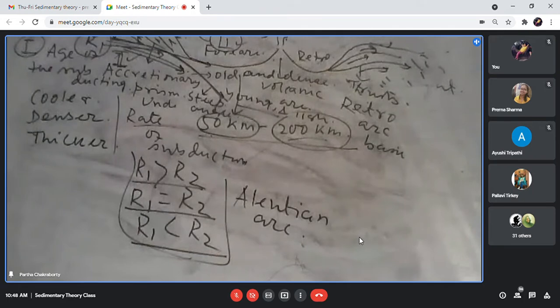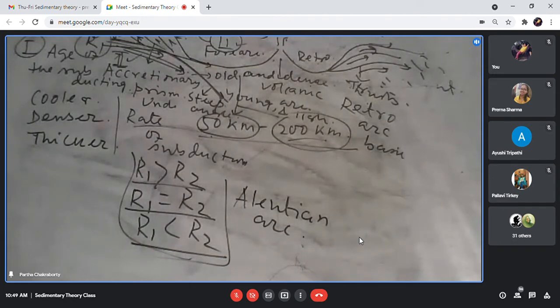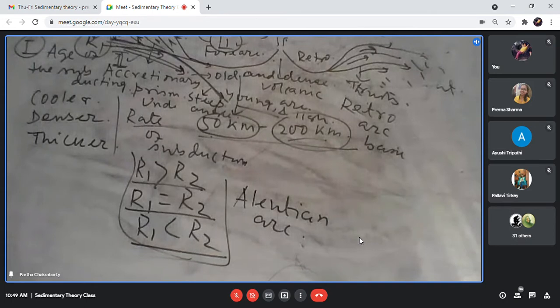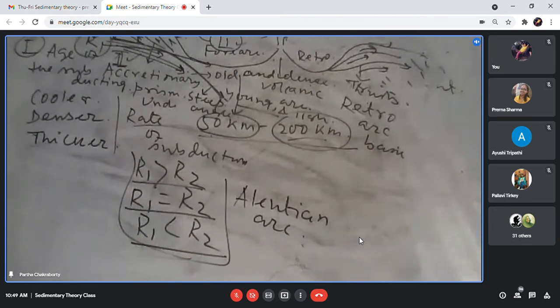Now, what will be the sedimentation pattern of these basins? It will depend upon whether it is an ocean-ocean subduction or an ocean-continent subduction. If it is an ocean-ocean subduction, then the entire system will be essentially very, very starved, because there is no continental derivation of sediment. The only sediment supply is from the volcanic arcs. So you will only get either the outer arc, that is the ophiolitic sediment, or sediment from the volcanic arc. If it is ocean-ocean, there is no supply from the continent.